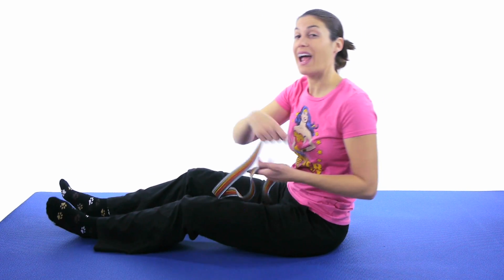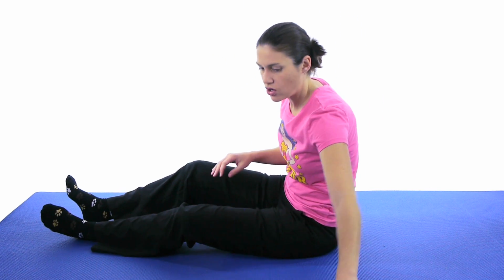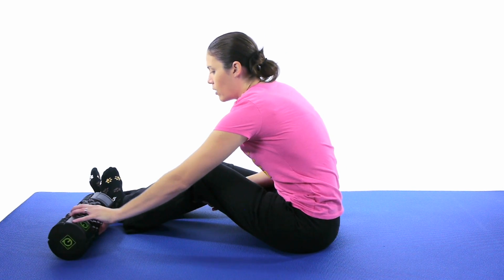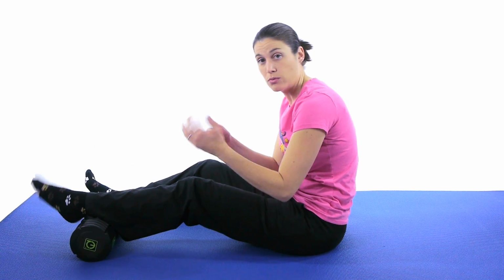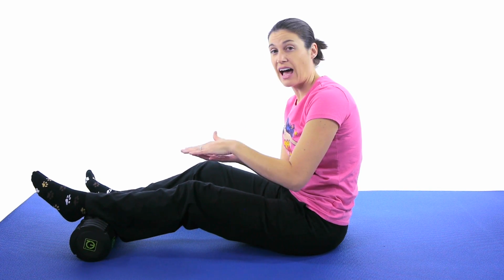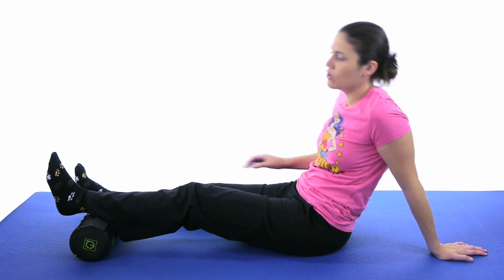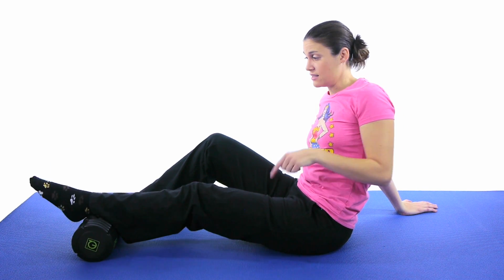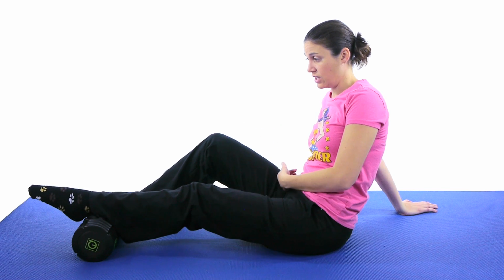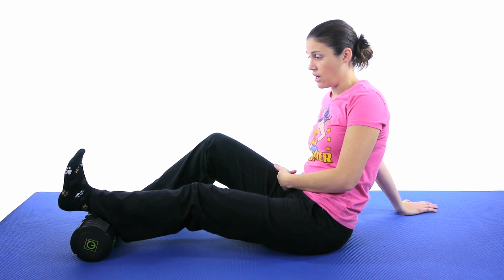Then you're going to do some ankle pumps. Ankle pumps are always good. I like to prop my foot up on something so that heel has room to bend. If you just have it flat, it's a little bit harder to pump that ankle. But I would say if you only do one exercise, the ankle pumps, pushing down and pulling up, is the